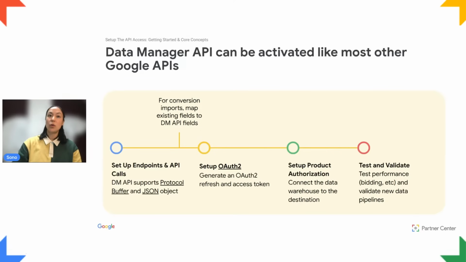So if you have worked with the Google Ads API, it works quite similar. You have a GCP project. You need to enable the API first in the GCP project, and then you need to set up the product authorization, so set up the user or service account to be able to send requests to those endpoints. So once authenticated, we authorize the specific product, like for Google Ads, and finally move to testing and validating the